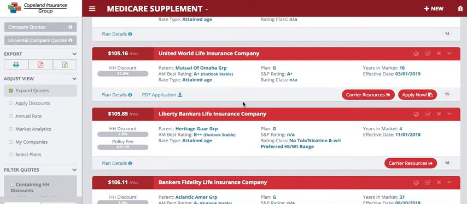Quoting tool e-application platform. So to start accessing the e-app, you will have to start by running a quote. So in your quote results page, any carriers that are available for the e-application, you will see this apply now button. So when you click on apply now, the first step is going to validate you are appointed with that